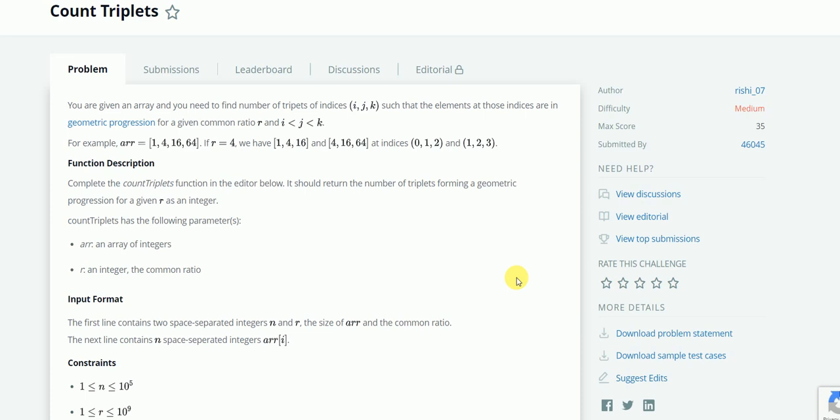Today, for a change, we have a Hackerrank problem. The question's name is count triplets. So, what the problem states, we are given an array that we need to find the number of triplets of indices